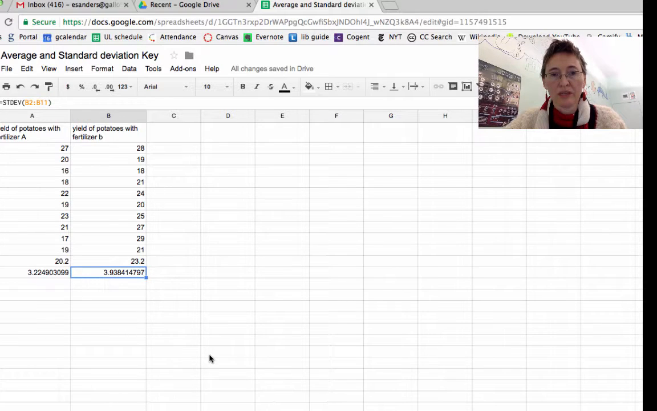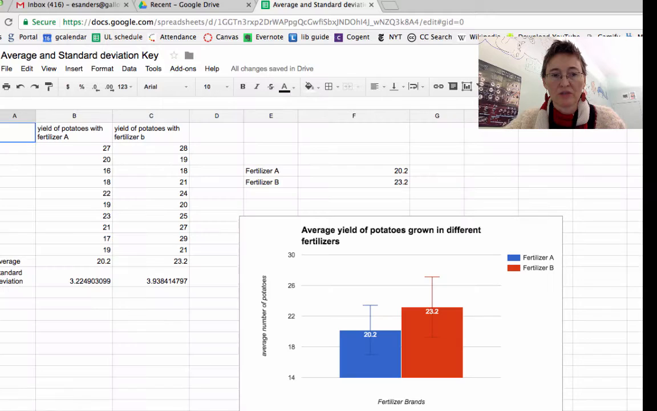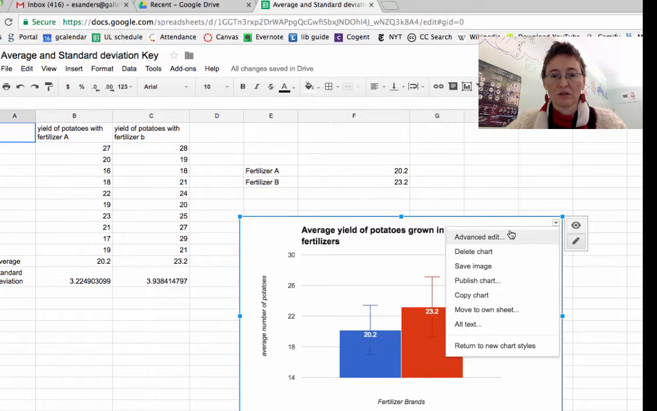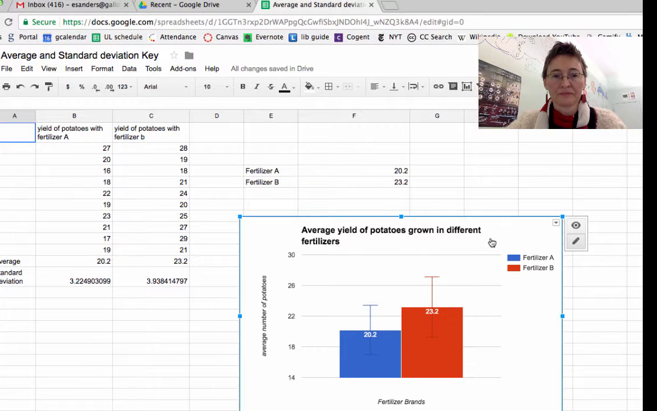Now then, for putting it in your graph, let's say you've already made your bar graph and you want to put the standard deviation bars, because those bars help you understand visually how much error, essentially, there is in your average, right? So to do that, you go to Advanced Edit,